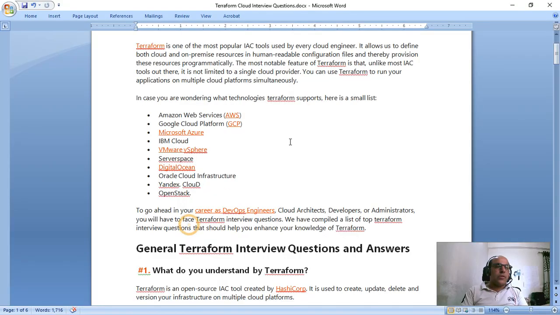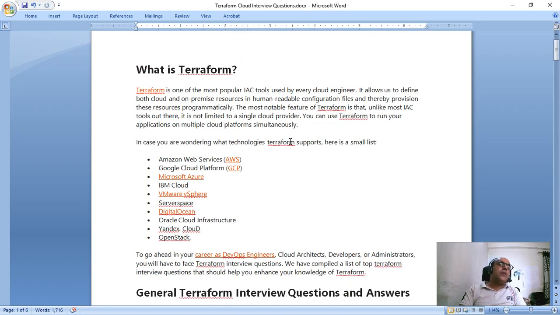Today we are going to talk about Terraform interview questions, and we'll try to answer the normal questions which you can receive in your interview, and that definitely can be helpful for you. However, practical is the best thing which you need to do. So let's talk about interview questions and then focus on practicals as well. Now, what is Terraform?